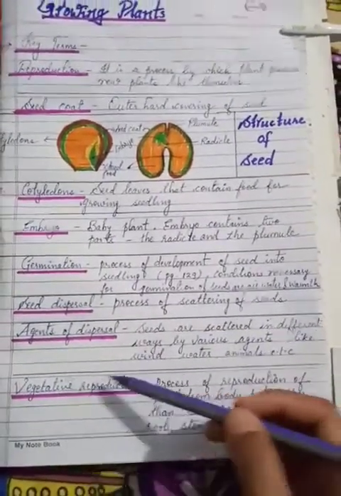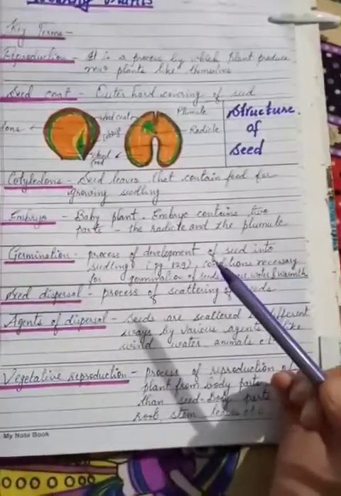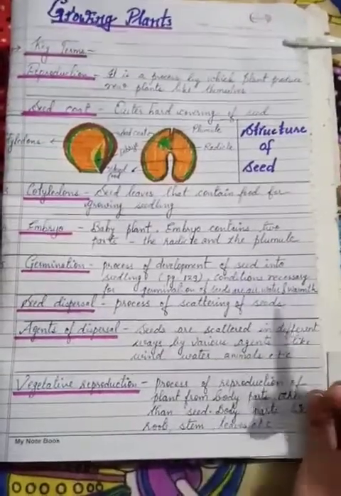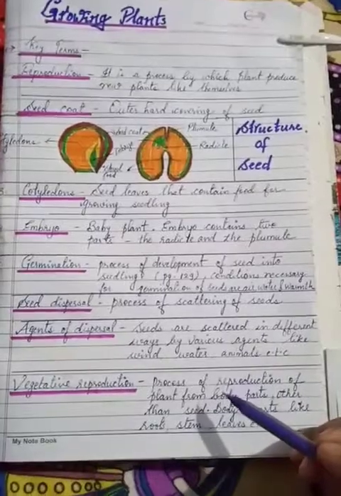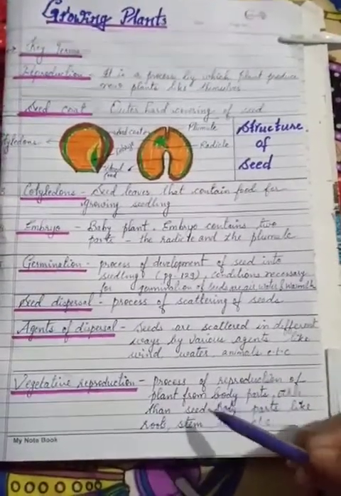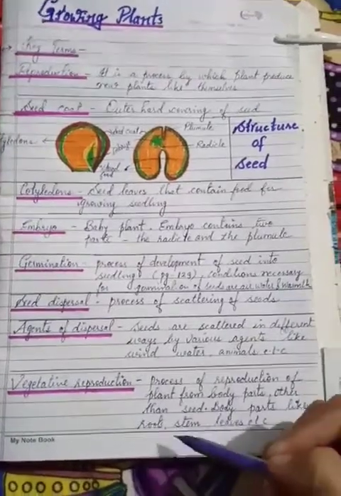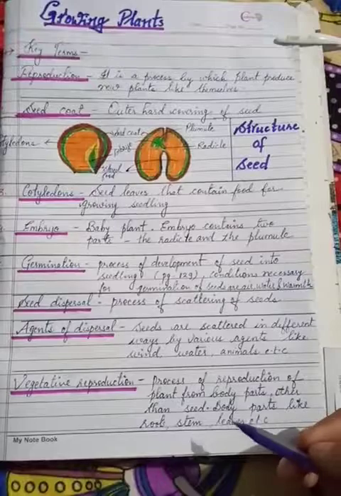Then after that, vegetative reproduction. At the very start I told you that plants reproduce either through seeds or from other parts of the plant body. The other parts of the plant body you all know: roots, stems, leaves, etc. So from these parts also the